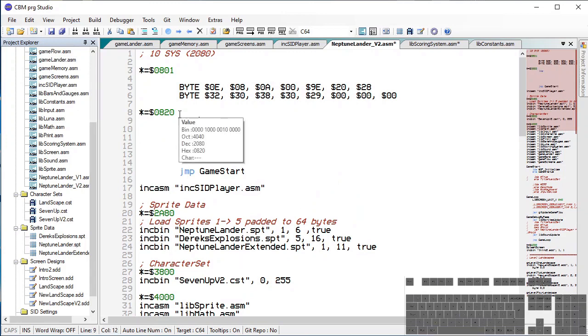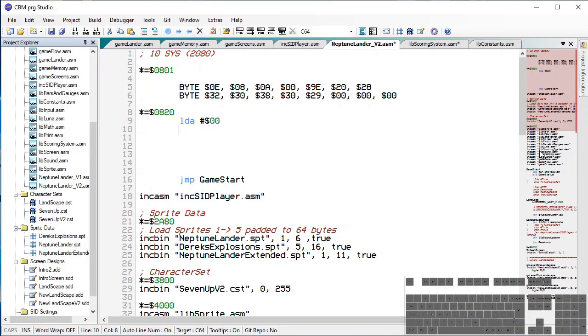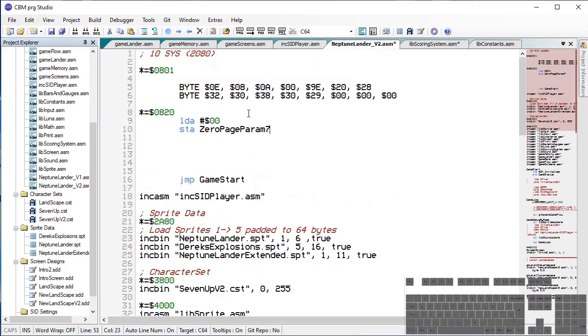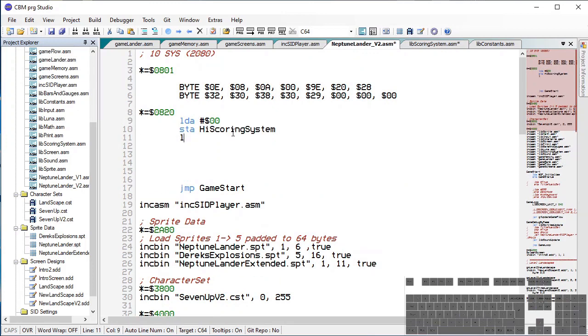So LDA #$00, store it in. No, not there. Store it in there. Then LDA #$